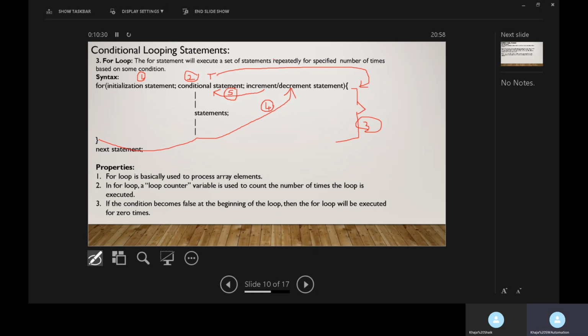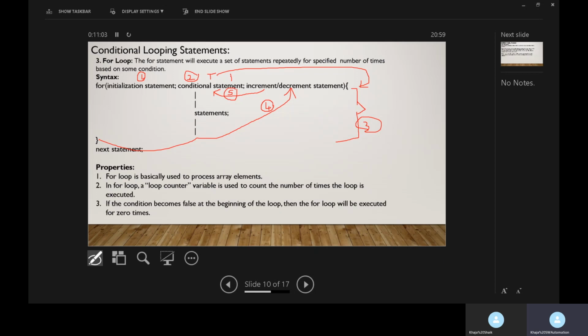If the condition is true, again the loop will be executed. At the end of the loop, again the increment decrement statement will be executed, and then the condition will be tested. So this process will be continued until the condition becomes false.